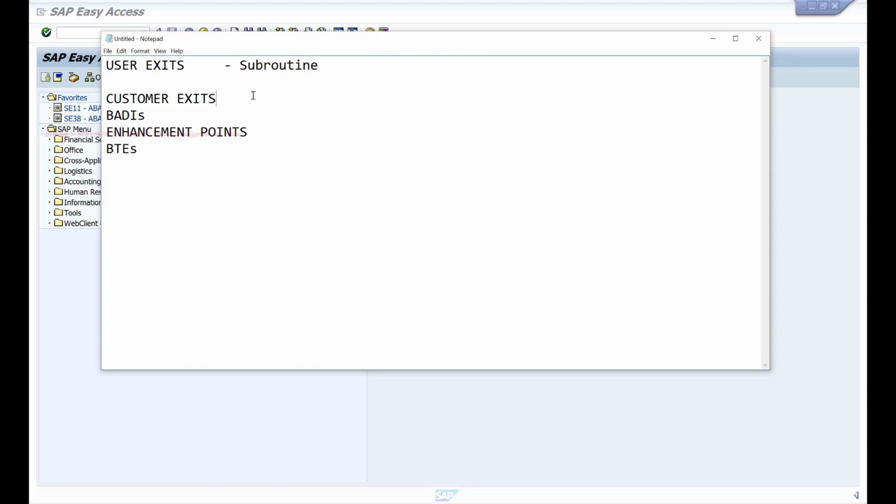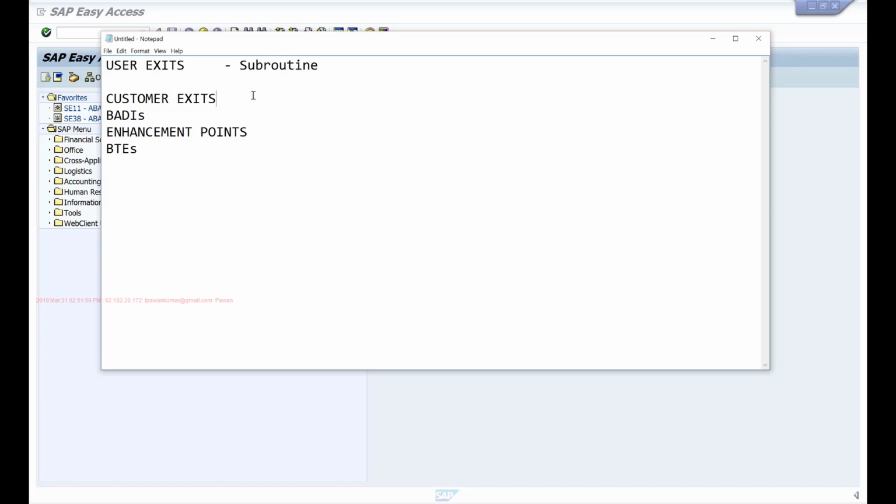And later if somebody else implements a different user exit where he has manipulated this global data, then the previous enhancement will create issues because it was expecting certain data in the global variable, but that was changed by somebody else by implementing another user exit. So there were a lot of such issues because there was no transparency in what is changing which data.